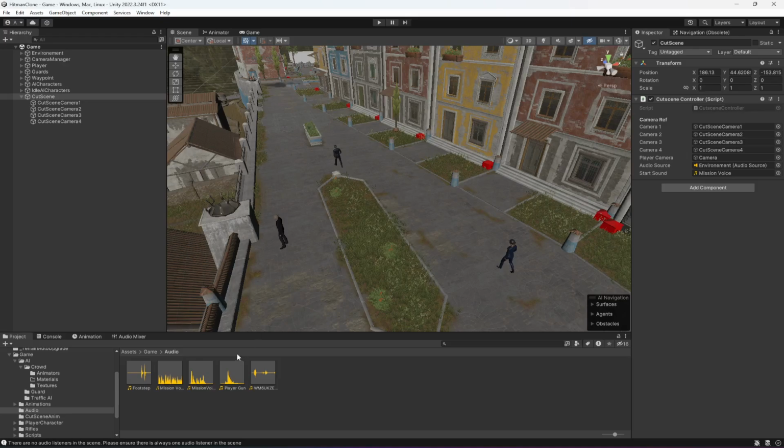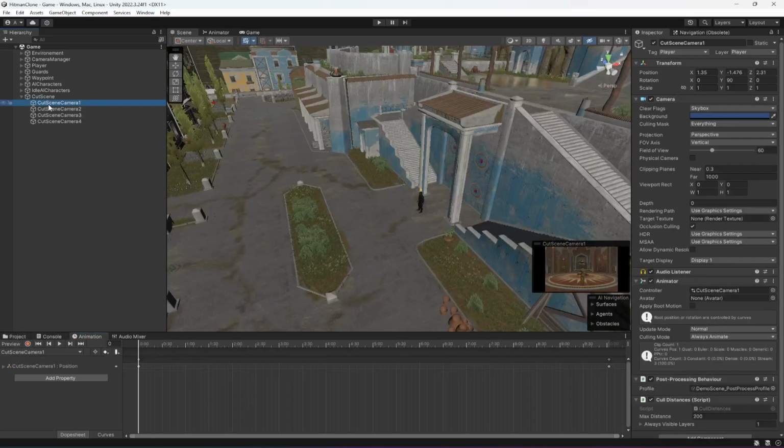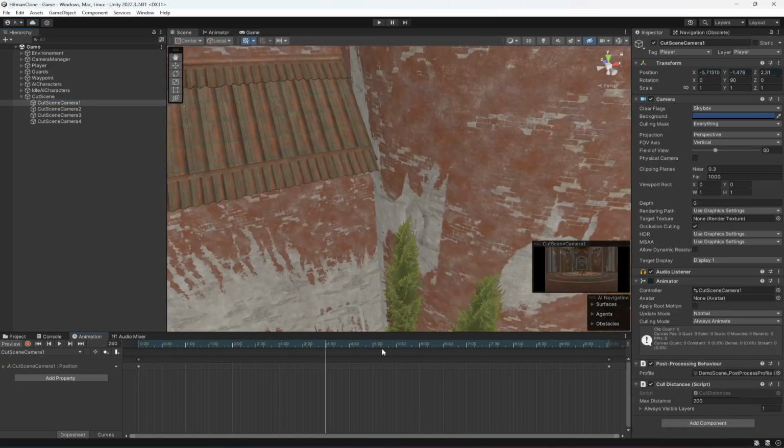Alright, so as you know that the voice was really large, I mean it was really lengthy, but our animations were small, so that's why we need to increase our animation length. Alright, so let's select the first one, click on its animation. Alright, as you can see here it is. So let's make this one as 15 seconds,